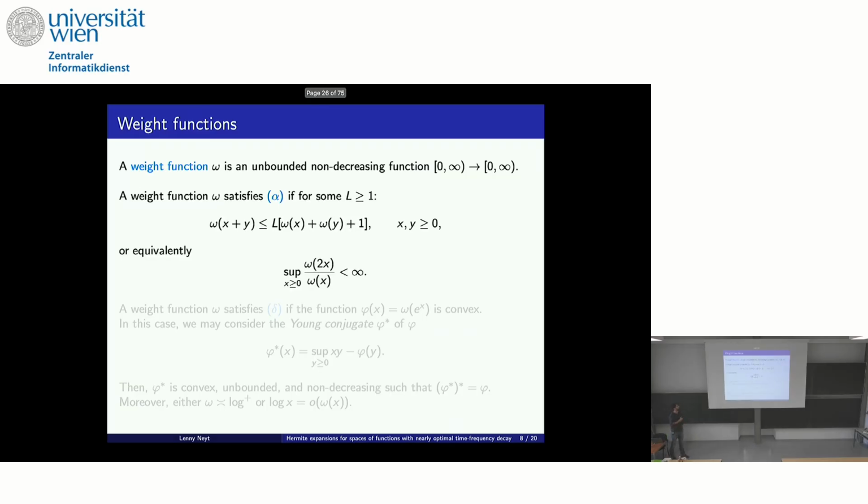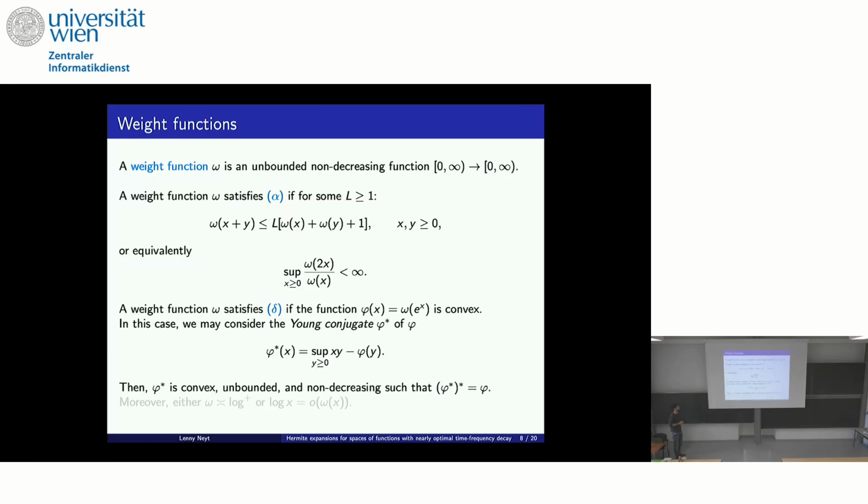So I'll just ask that it has some kind of moderateness. This is just that these spaces are translation invariant, or that you can somewhat take convolution on the Bargmann side. This just says that if you have omega of a sum, it's bounded by some constant times the sum of those, or equivalently this. And then a somewhat more important condition that can connect bounds on Hermite coefficients with the decay